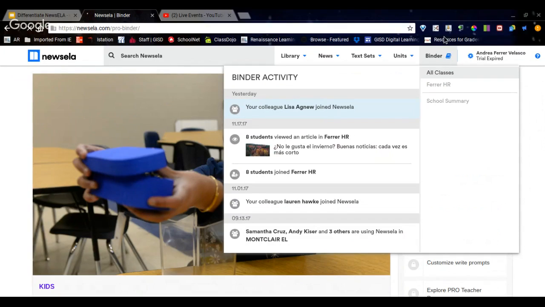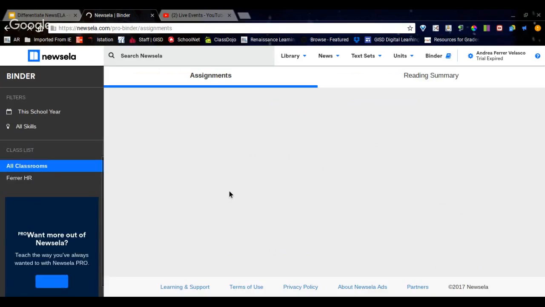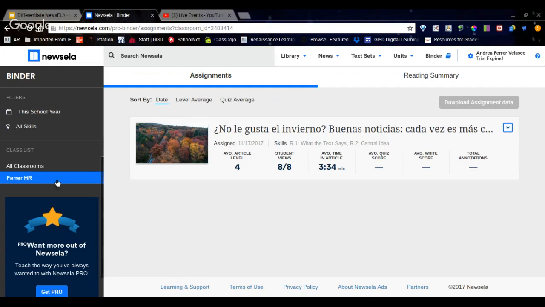You go to all classes and you can see, you will add your students and it will provide you a class code. So I've already assigned one of my classes an article where students go in and they log in with that class code that it provides,